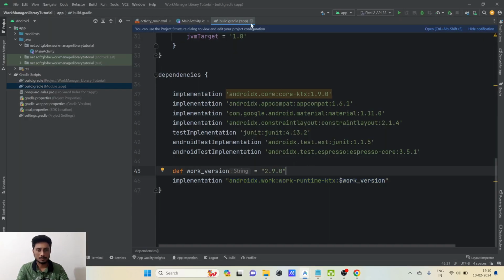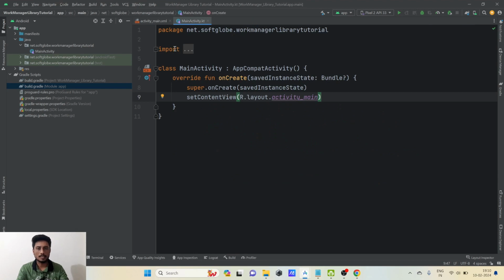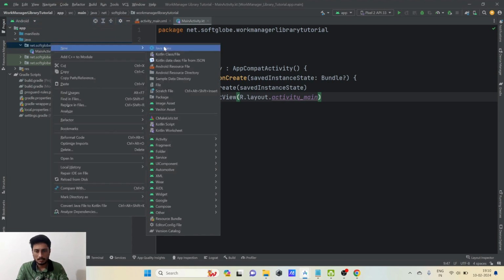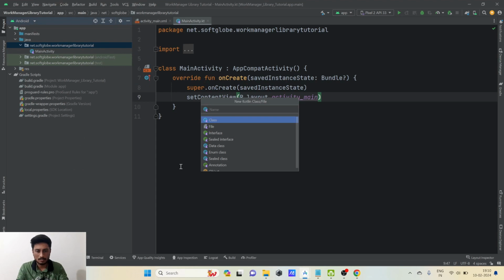So let us start. We have already added the dependencies. Next thing, we need to make a separate class which will contain our work. That class is called a worker class, and we'll be extending from the Worker class which we are getting from the Work Manager library. Let's right click, new Kotlin class file, and I'll name it MyWorker,